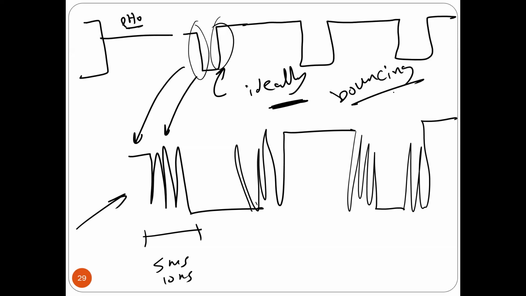problem. So this problem only happens in mechanical switches, right? So I'm not going to be confused whether this bouncing is because of the mechanical parts, or because you pressed 3-4 times. For sure, you didn't press 3-4 times because there is no human being that can press 3-4 times. Is that okay? So how can I solve this problem? First, is that a problem? Yes, it's a problem. You know why it's going to be a problem? Why? Because what's going to happen is that